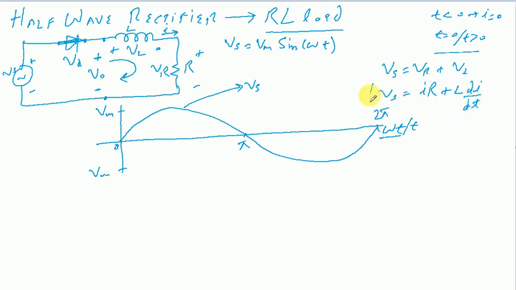So we'll have this differential equation that will be governing the current flow and the voltage drops across these various elements in this circuit. Okay, now here is something we need to understand at this point, because if we have a clear idea of this one, it will help us understand the whole theory of operation of this circuit and the subsequent circuits as well, in which we'll be having inductive loads or loads